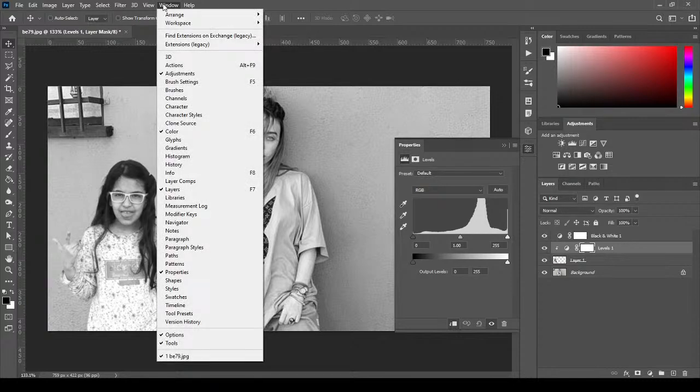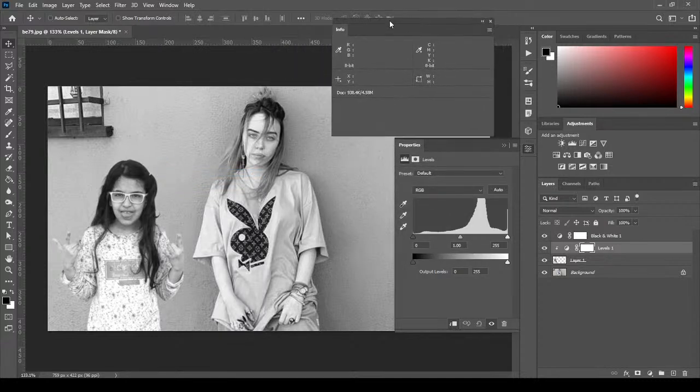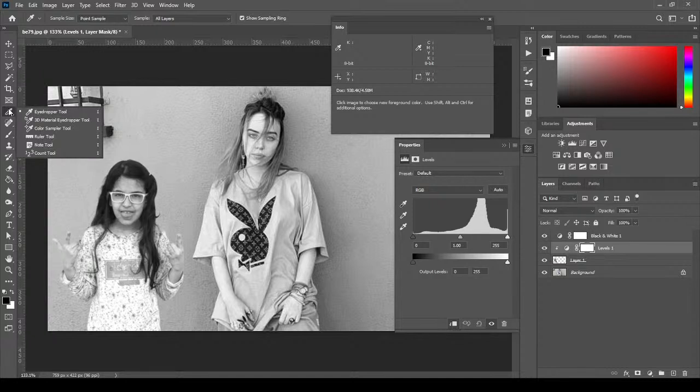So I have to go to Window and go to Info. As soon as I go to Info, it will give me something like this, you can see on the screen. So I will take this eyedropper here, click on this small triangle arrow here, and convert this from RGB to grayscale, because we don't have any color here. Then I will take the eyedropper, the color sampler tool, and then I will just click it here,